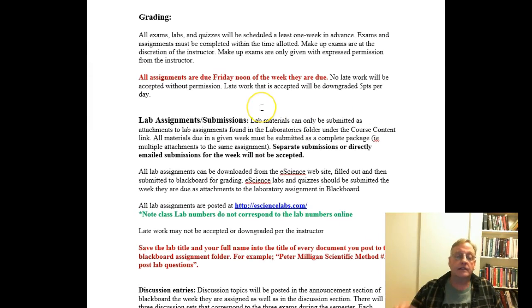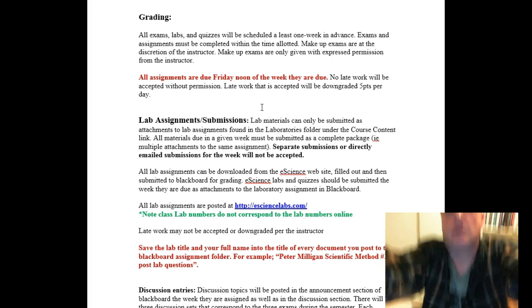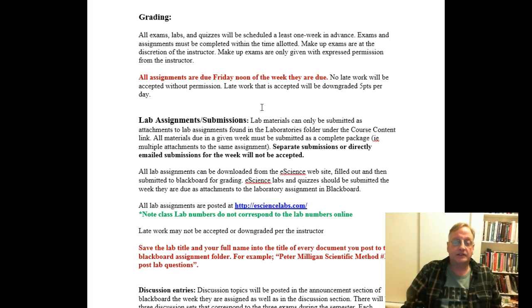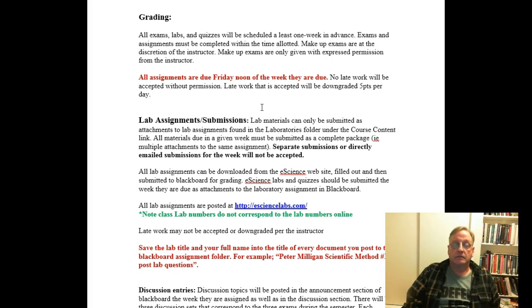The way I grade everything is that there are no surprise quizzes, there are no pop quizzes. Not trying to surprise you in any way. Everything in the course is laid out for you way ahead of time. It's all scheduled, and the only thing that will affect the schedule is some change in timing with the university. We don't really have to deal with snow days, so snow days don't really count.